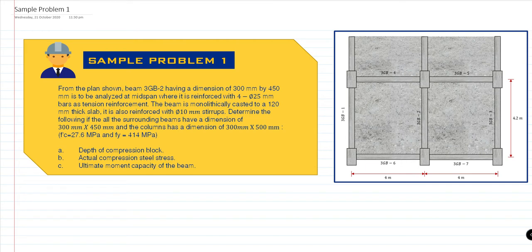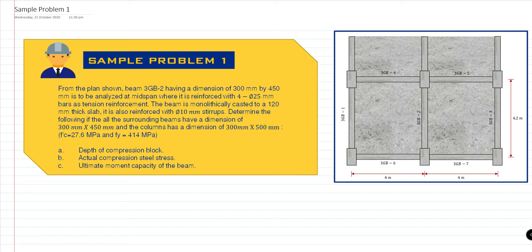beam 3GB-2 having a dimension of 300 mm by 450 mm is to be analyzed at mid-span where it is reinforced with 4 diameter 25 mm bars as tension reinforcement, and the beam is monolithically casted to a 120 mm thick slab. It is also reinforced with diameter 10 mm stirrups. Determine the following if